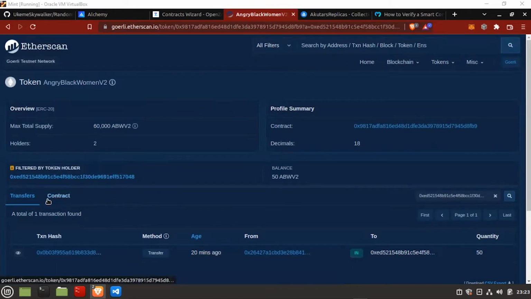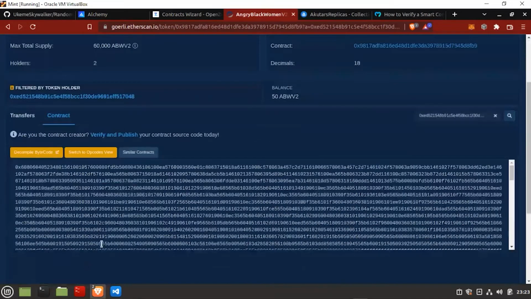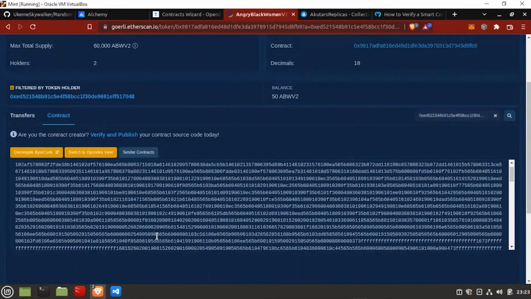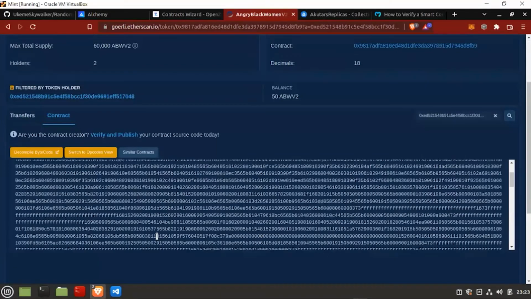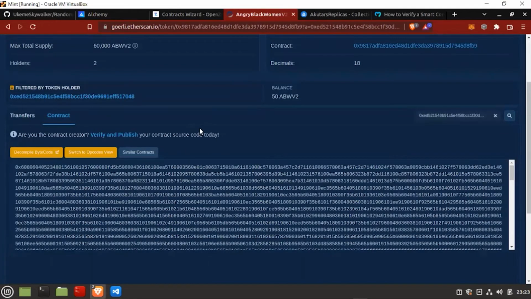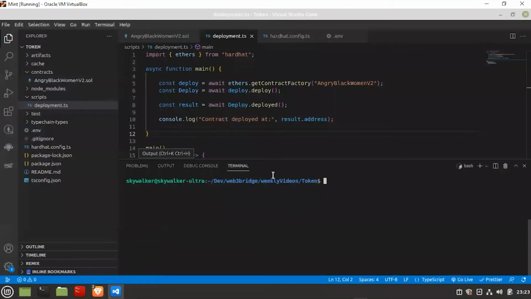Right now we only have transfers and contracts. When we see contract, we just have the byte code here, right? We just have the byte code here. We want to be able to see the entire contract and maybe possibly interact with it while on Etherscan. So that's what we will do today. We go back to our previous project,